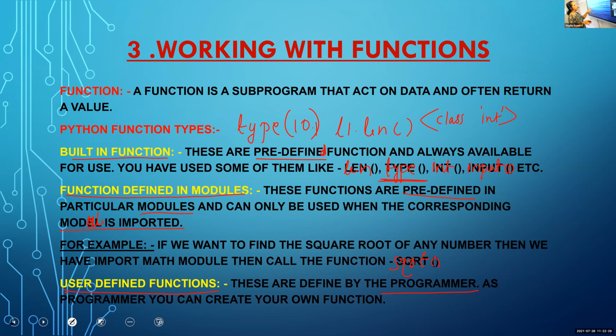The first program is based on 2x square. It is a user-defined function. That is, first we define the function for 2x raised to 2. After that, we are using that function. But for a built-in function there is no need of definition. We can directly use that function. The definition is already there in Python. But in the case of a user-defined function, the user must define the function. Then only the user can use that function.